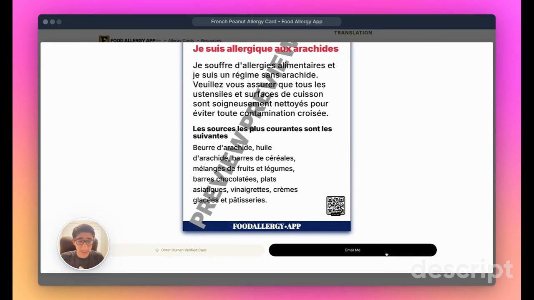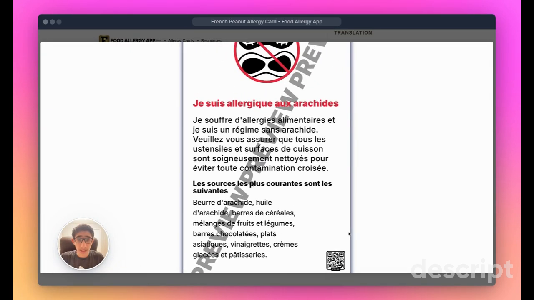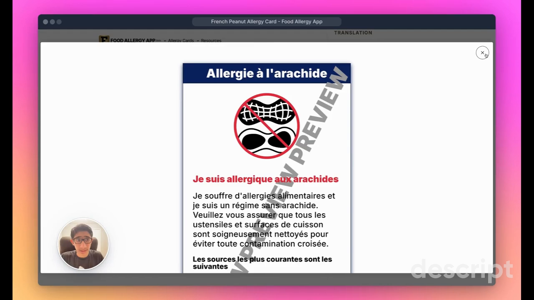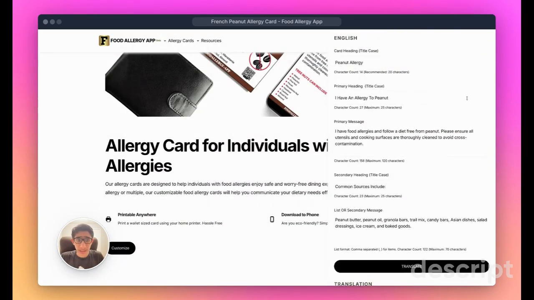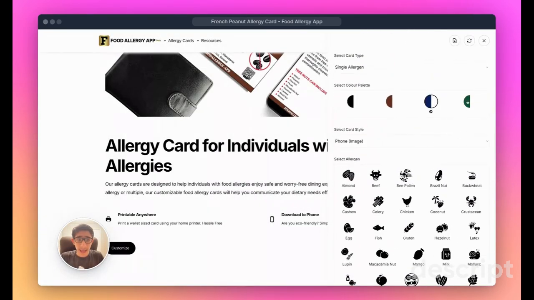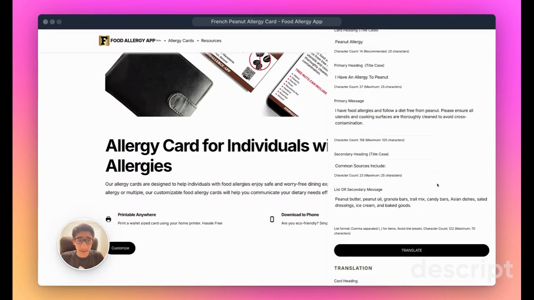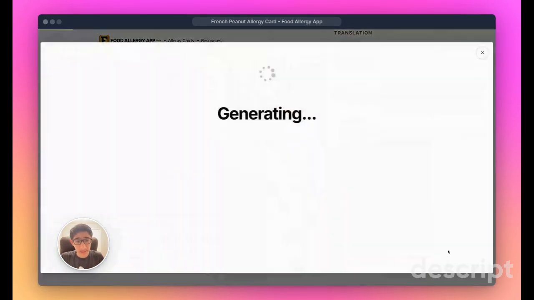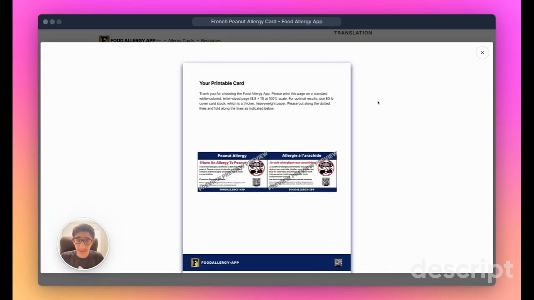Click here to email it to you, or if you're unhappy with the card, you can X out of it or go into a different card style, such as the printer one, and go back to preview the card generation. You can print out the page and cut out the wallet size card, put it into your wallet,